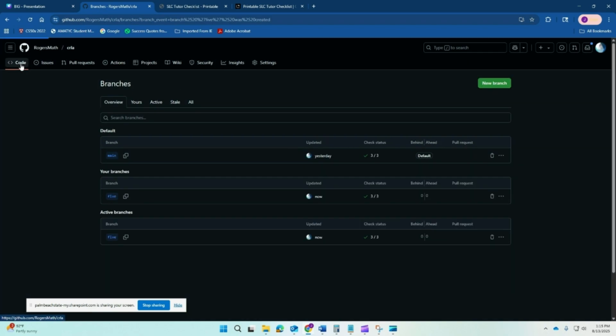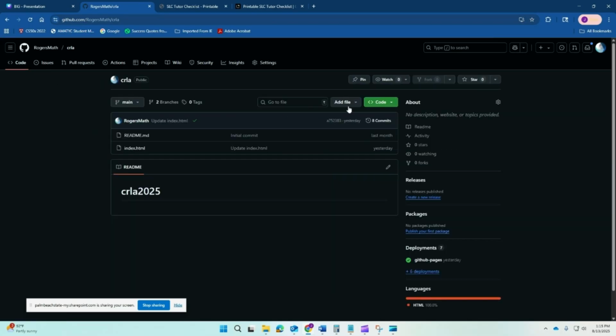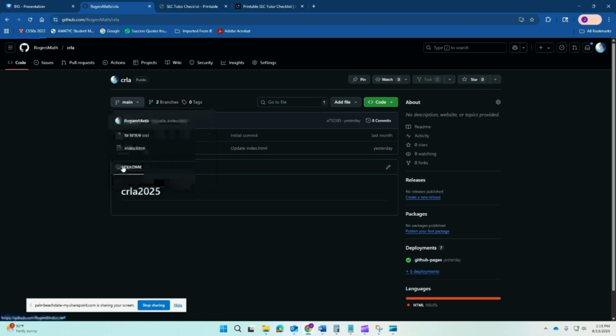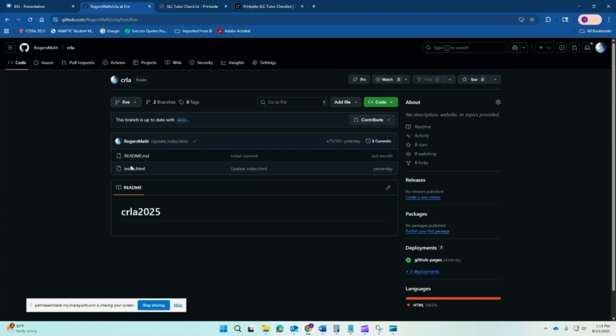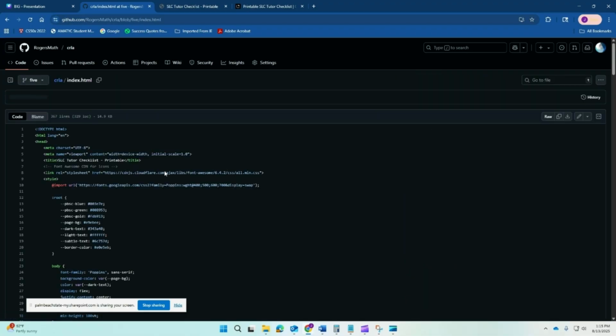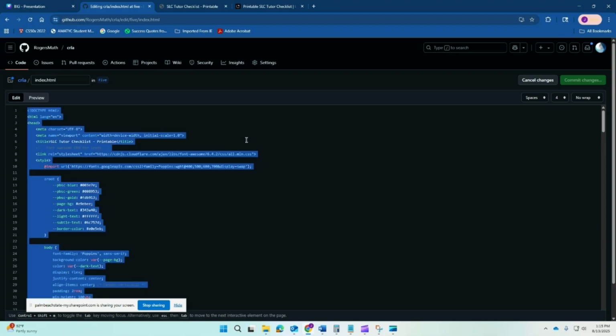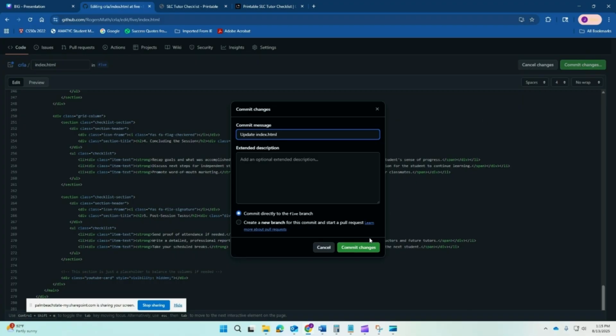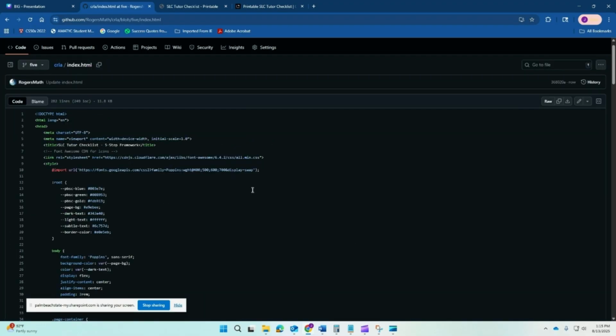and then I'm going to go to code. I'm going to go to the branch. Now you can see that it appears as 5. I'm going to click on this. And now I'm going to edit the index, edit this file, and then commit changes. So I just copied what it had there and I pasted it in, and that's pretty much all there is